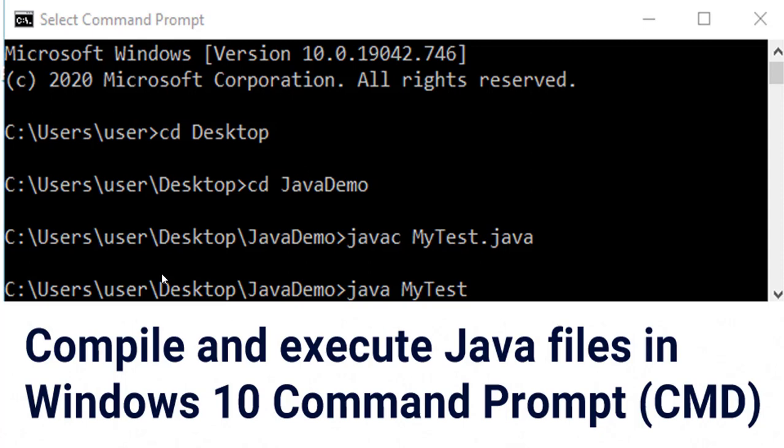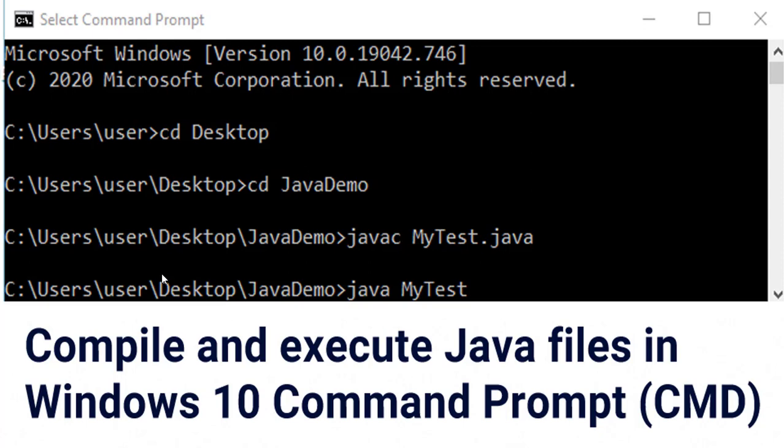In other words, you would have to make some configurations for it to work. It is a lot easier to run the code from the command line than trying to make some configurations for some IDEs. Another reason why you would want to execute your code through the command line is to test your code is actually working by writing it yourself without the aid of the autocomplete or suggestion hints from some